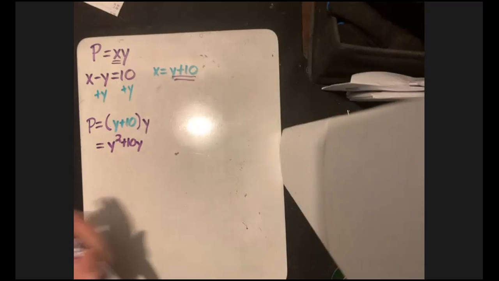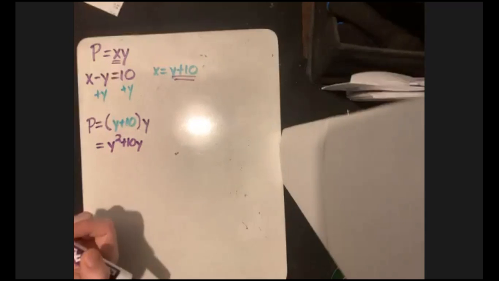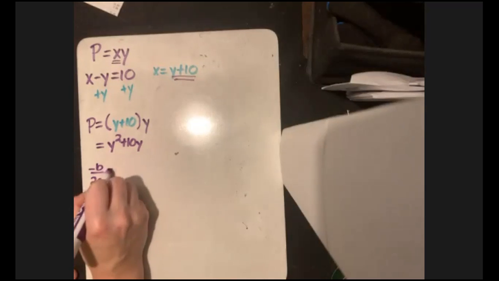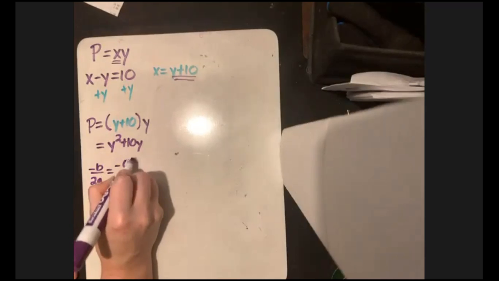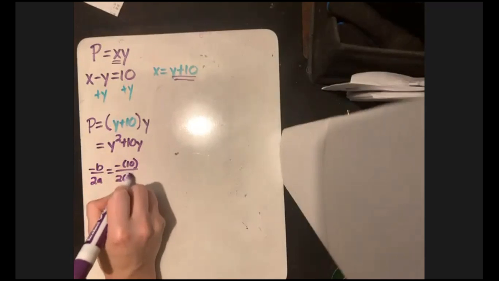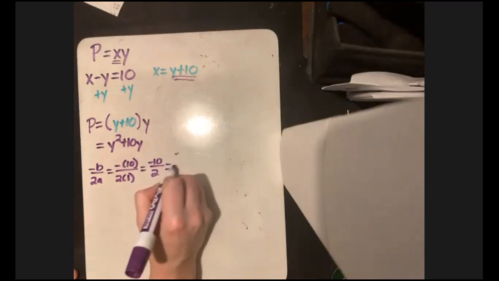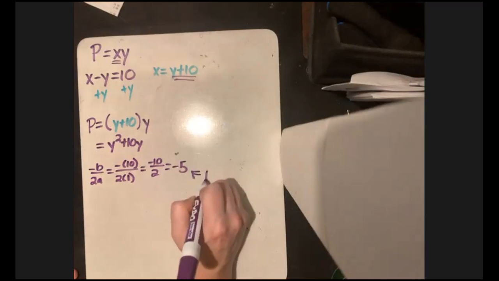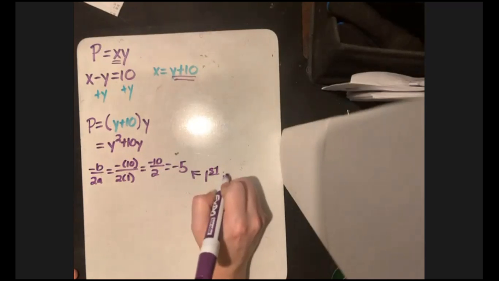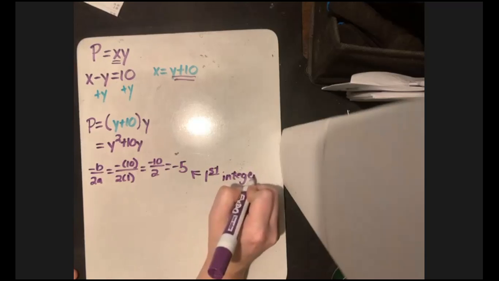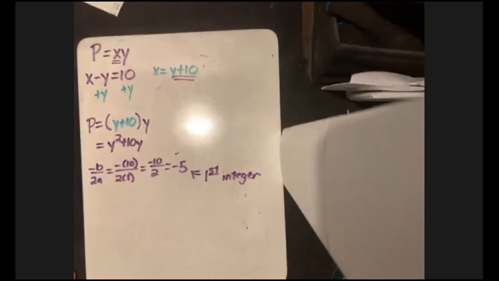Since I did say that they wanted a minimum, we are going to find our vertex. So we're going to do negative b over 2a. So it's going to be negative 10 over 2 times 1. So that's negative 10 over 2, which is negative 5. Now, this is my first integer. Okay. So now, if I plug this back in,